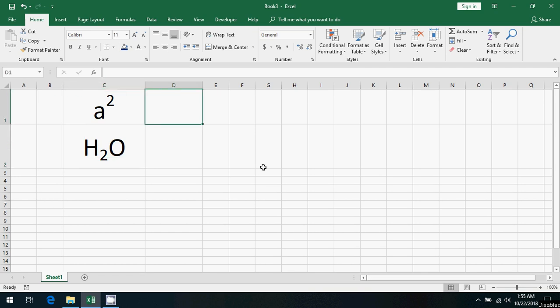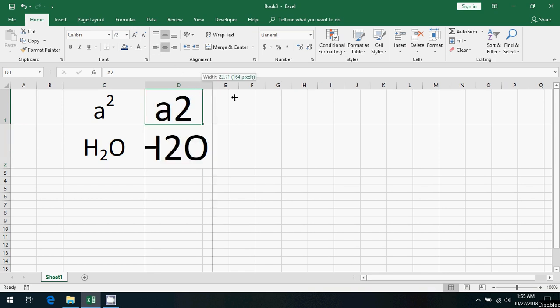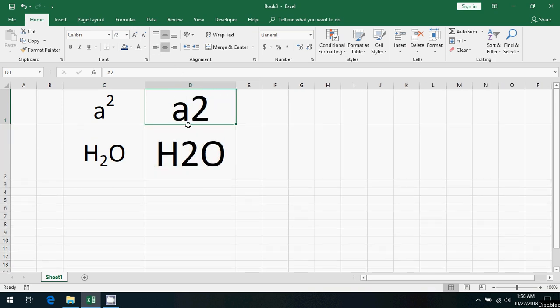So write a2, correct, and in this cell H2O. So increase the font size to make it visible, it's better. So I will increase this now. I want to superscript the 2, so for that I have to select this 2